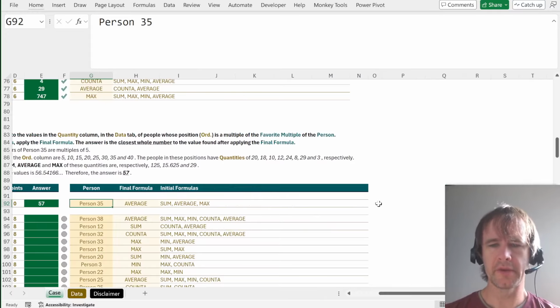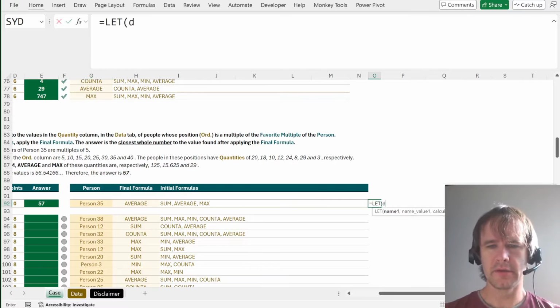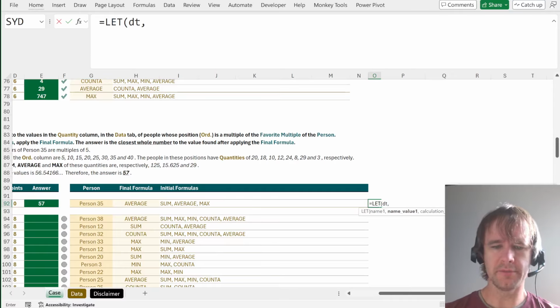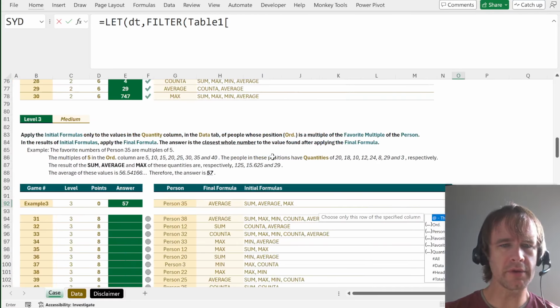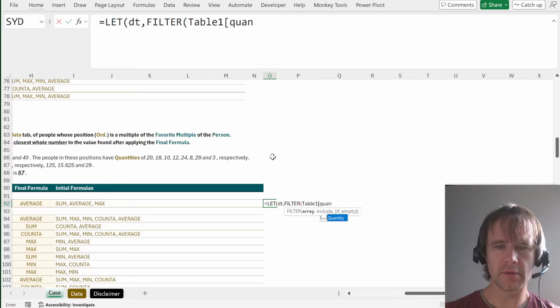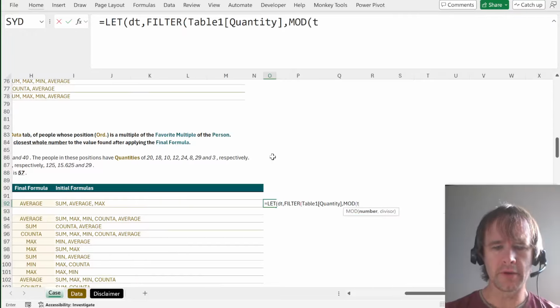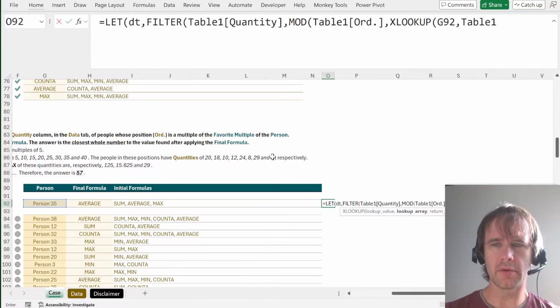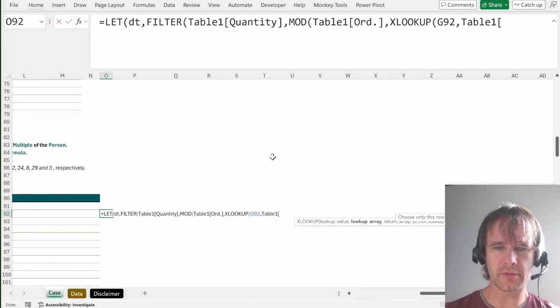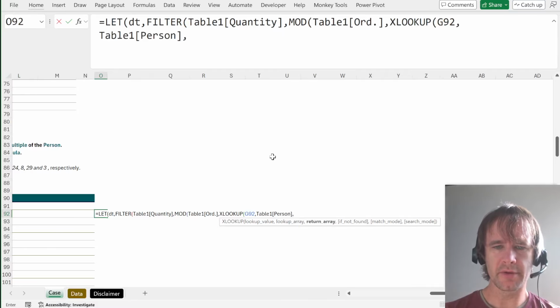Sure. Okay. So I'm going to say let data, let's go dt be filter. Oh, I should have given it a good name. That's probably, yeah, it's called table 1. Yuck. So we're going to apply it to the quantity. There we go. Where mod table 1 word by xlookup this person in table 1. Where's my autocomplete? Oh, here it is. Person returning from table 1